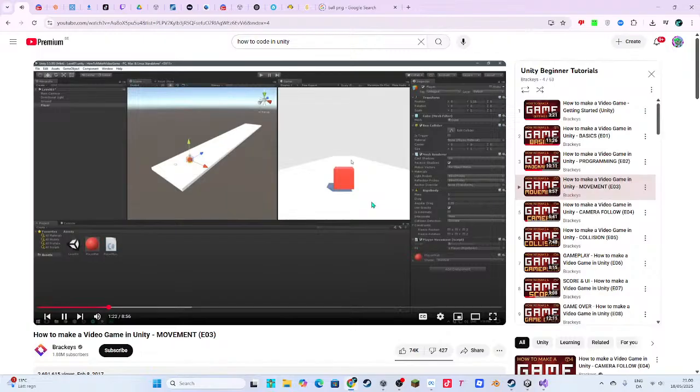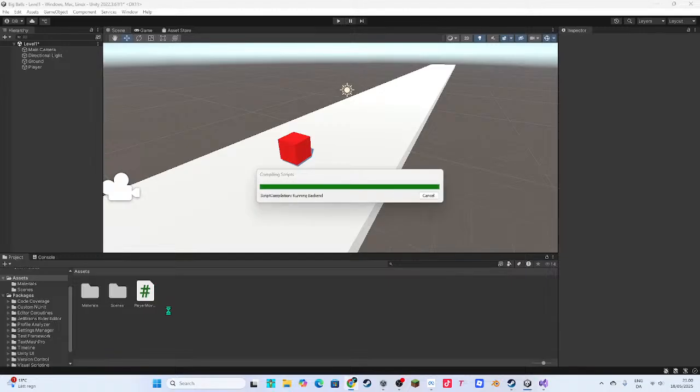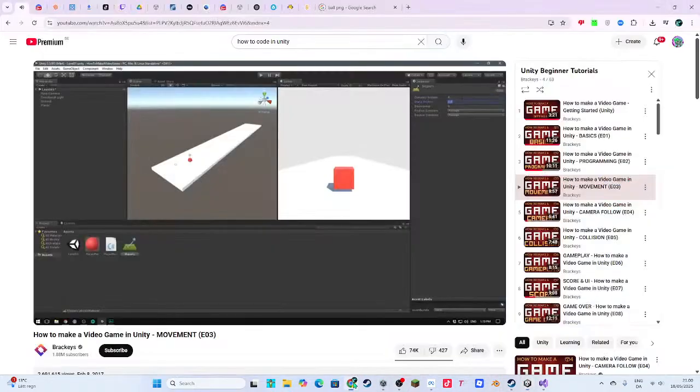The reason for the cube jumping around is that by default there's friction between the cube and the ground. By using a physics material, we can choose how much friction we want. So let's right click in the project, go create, and then select physics material. We can rename this to something like slippery, and we can set both the dynamic and the static friction to 0. Then we can drag this onto our ground, and